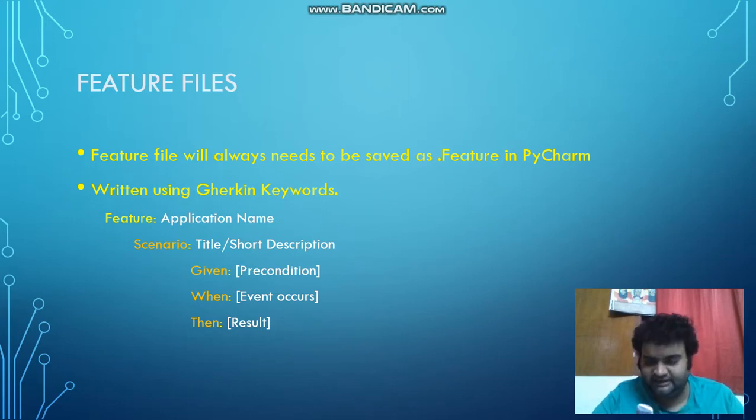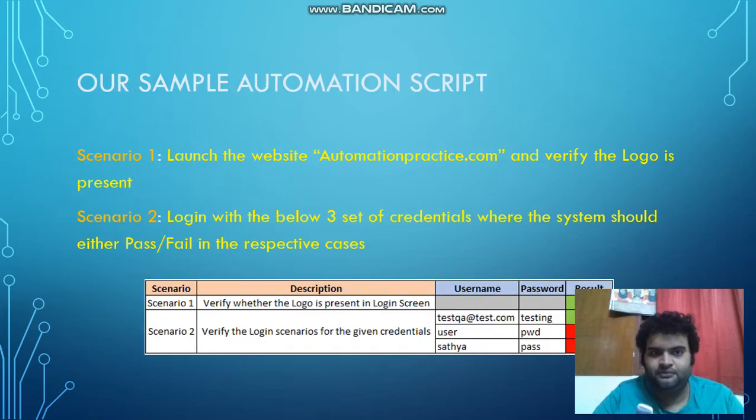So it is not like a program, it is something like a use case where everyone can understand the flow. I can show you the automation script that I designed. I am going to show you two different scenarios. One is launching the website automationpractice.com and verifying whether the logo is present or not.